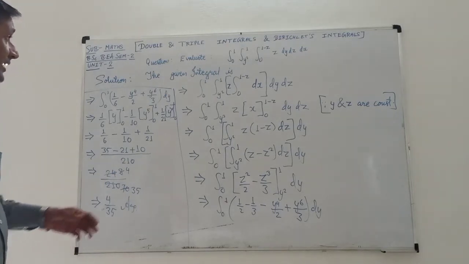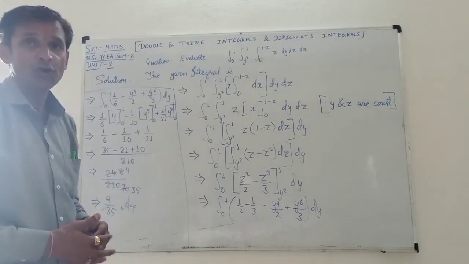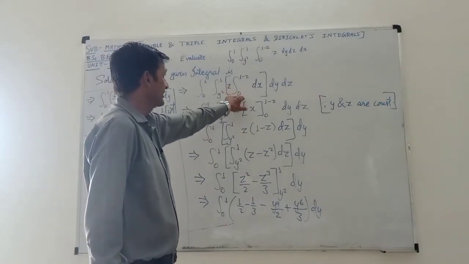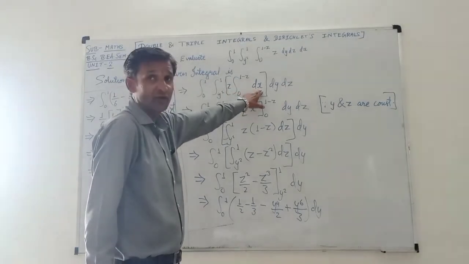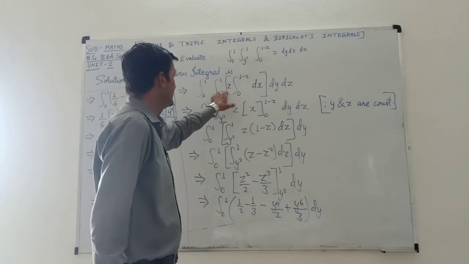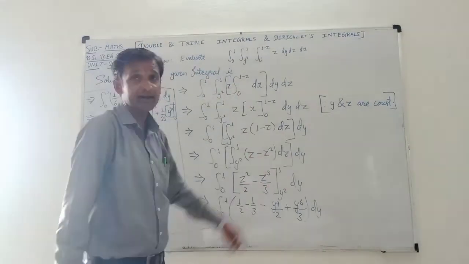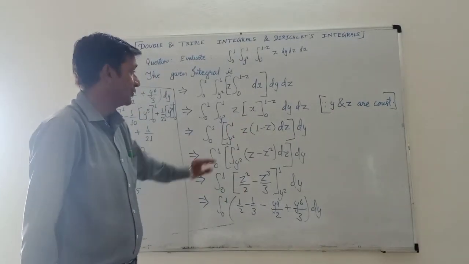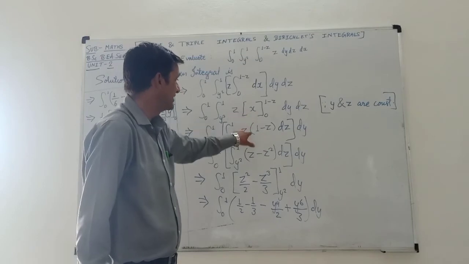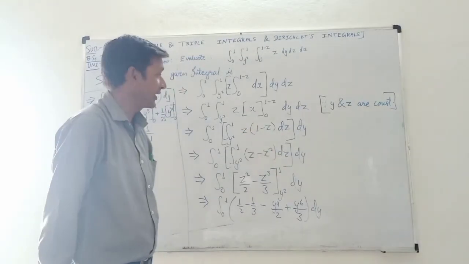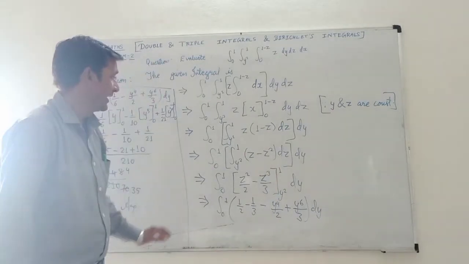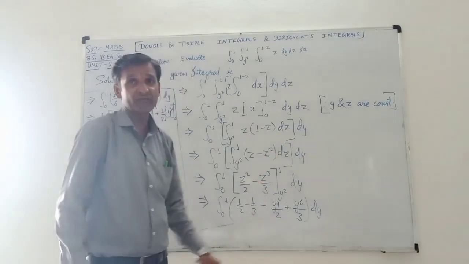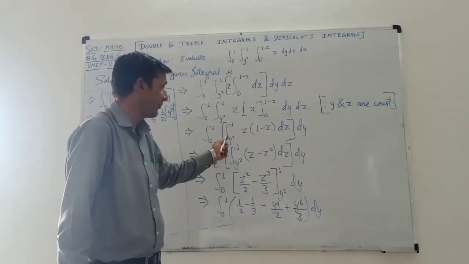And it is just like our previous question, so you must solve it in that manner only. Remember this thing always, that we have to integrate with respect to that particular variable which is not given in limits. Z and y are given, that's why we are integrating it with respect to x first. And then on further solution, you will automatically come to know that these are the terms in the form of z. So that's why you will have to integrate it with respect to z. And lastly, here the limit is in the form of y.